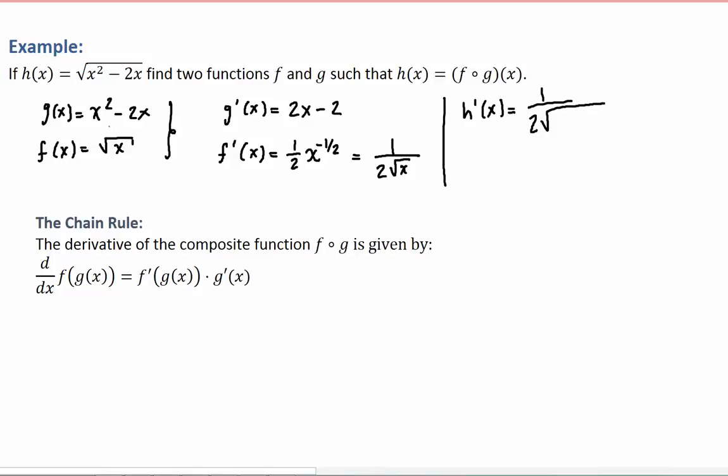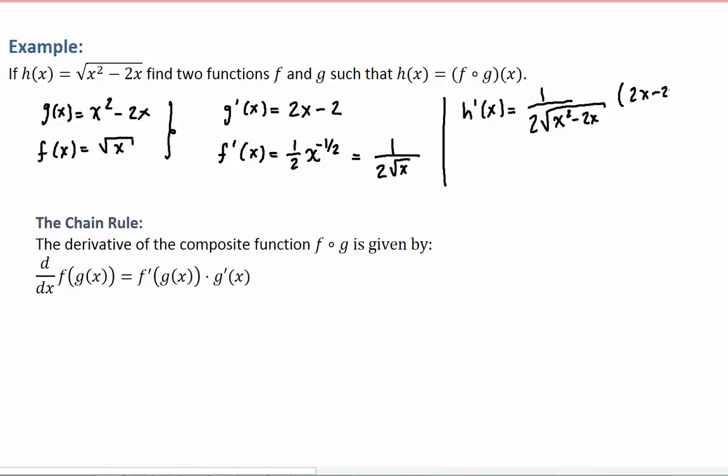So I plug in, instead of x, g of x right here, which is this x squared minus 2x. Okay, that is the first part of the chain rule, and then it says times g prime, and g prime is here, 2x